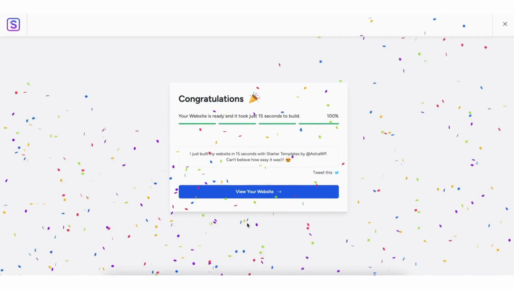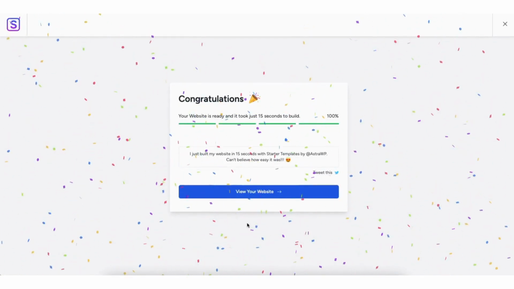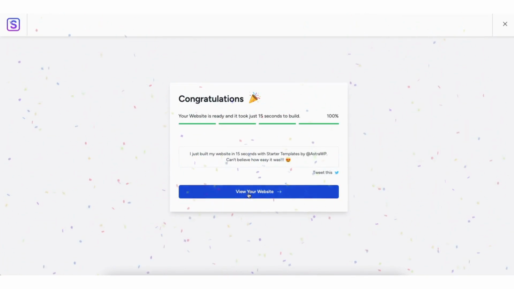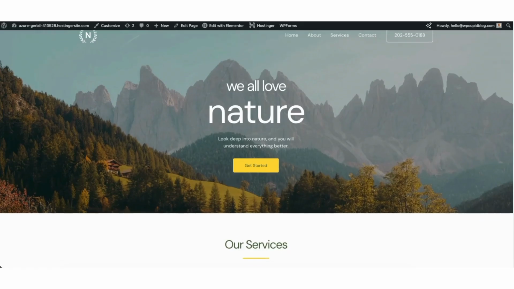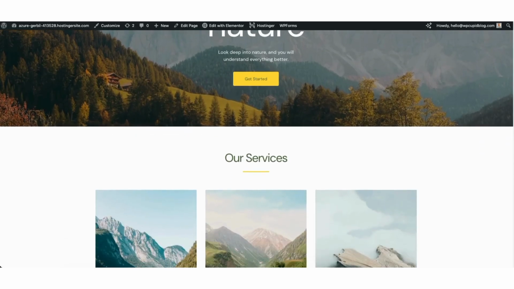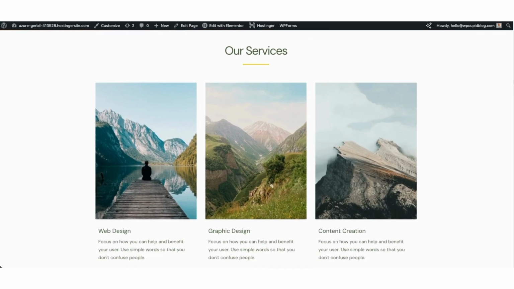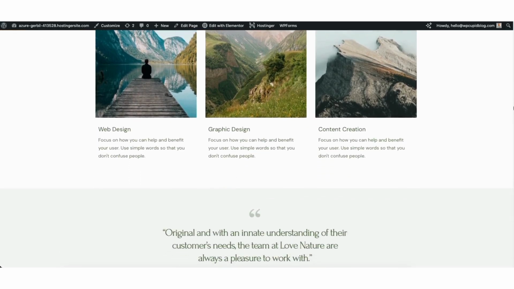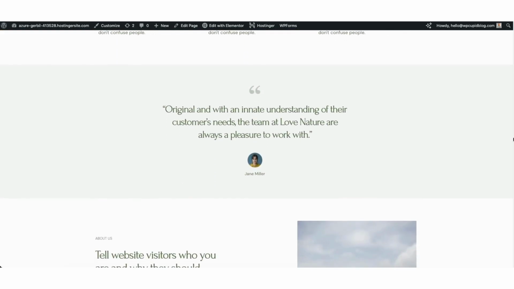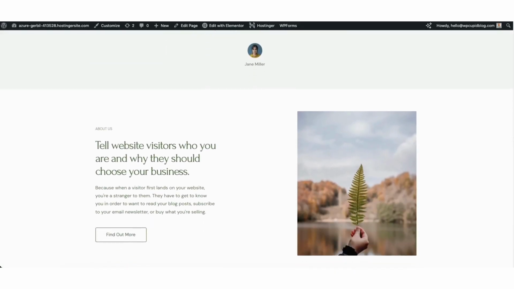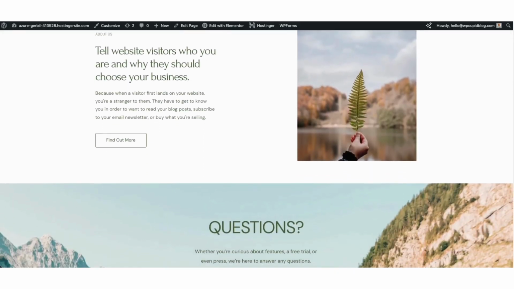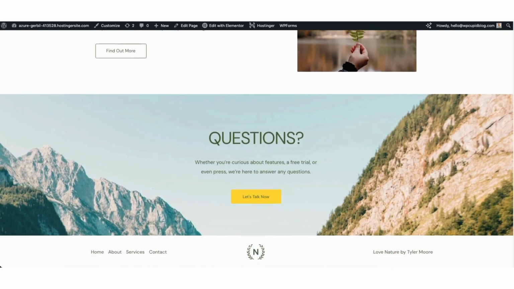Once the import is complete, you'll see a congratulations page. Click through your website to see the complete design. And just like that, you now have a professionally designed WordPress website that's ready to customize. The template includes demonstration text and images, so make sure you replace them with your own information before launching the website. To begin editing the homepage,